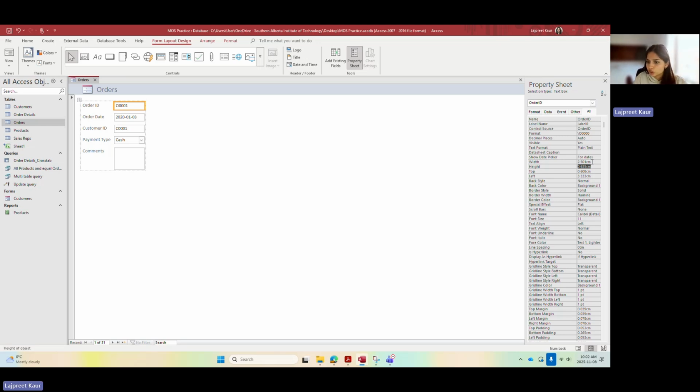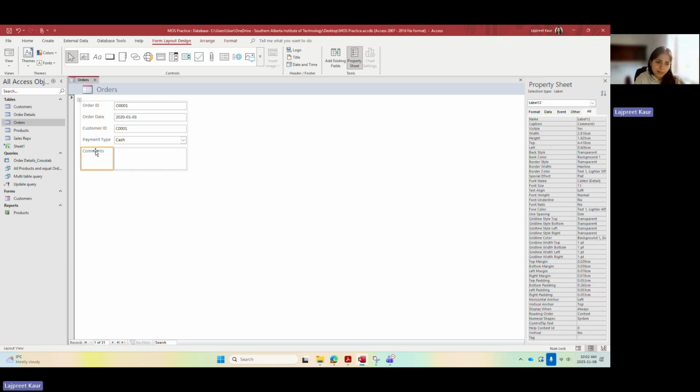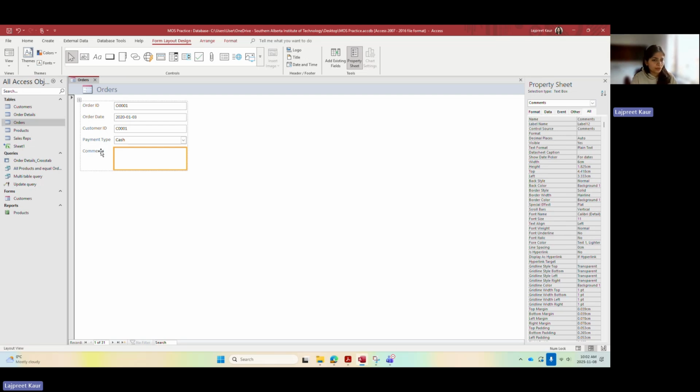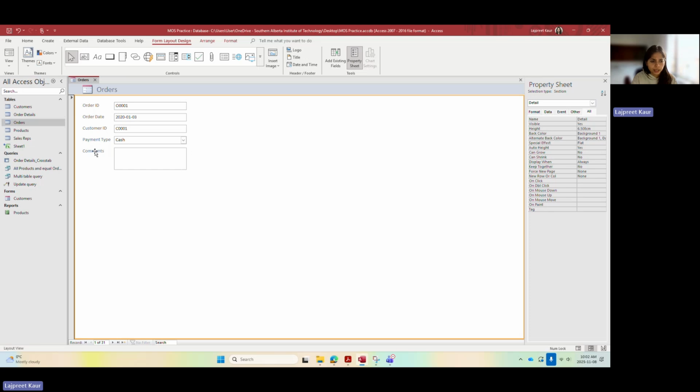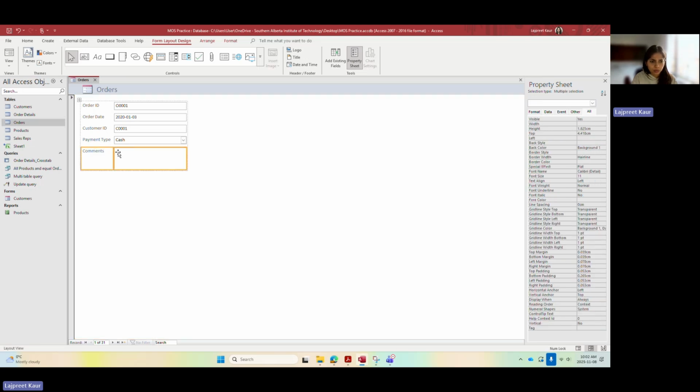Actually, that's too short, so maybe 6 sounds much better. So this is how you change it. Similarly, you can change for height, top, left, and so on. And if you want to move the controls, for example, I don't want the comment to be in this area. I want the text box and the label to be on the right hand side here. I click on the comment label and the text box and move both of them wherever I want to move them. Now you would notice that I'm not able to move them outside of this area,